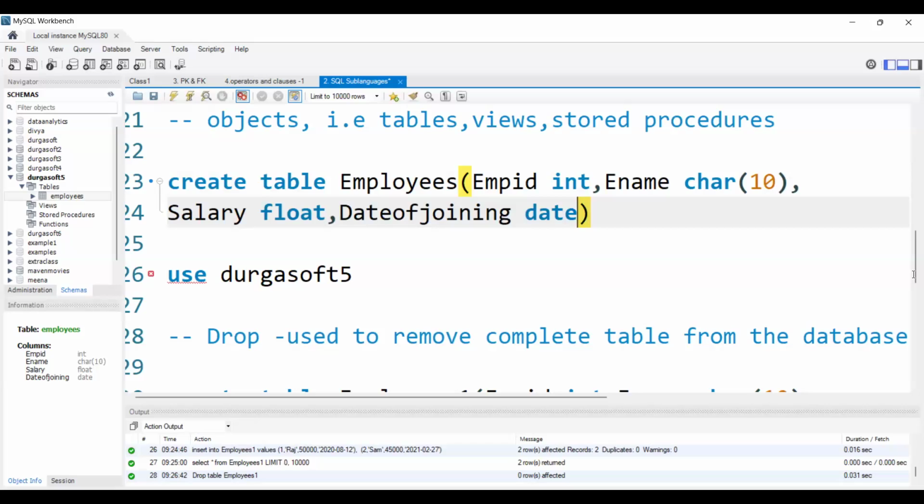But for an already existing table, that is for the employees table, if suppose I think to add one more column here, in real time we may add new columns, right? So at that time, for already existing tables, if we want to add a new column name, we will use the alter command.